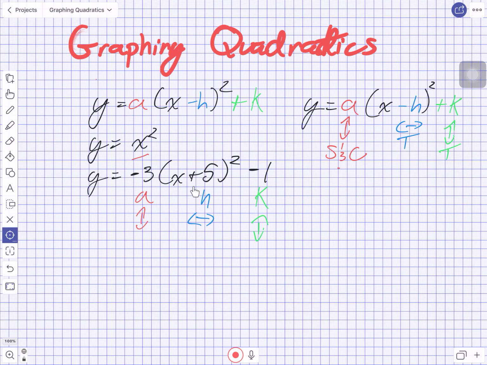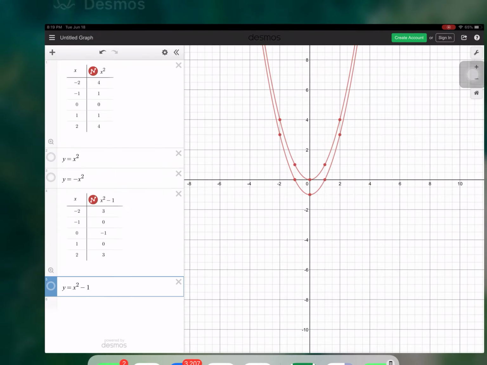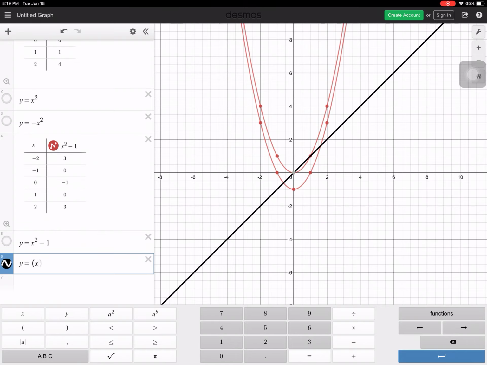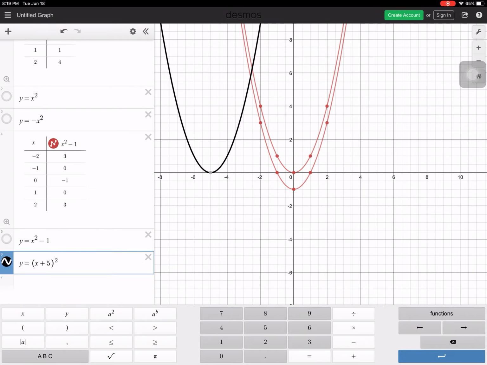Here, positive on the X value is actually moving towards the right, but it's actually going to flip the sign. So if it says positive 5, it actually means you're moving the thing to the left 5. So I'll show you again with another equation. This one, I'll just write it as y is equal to bracket x plus 5 squared. And if you notice,